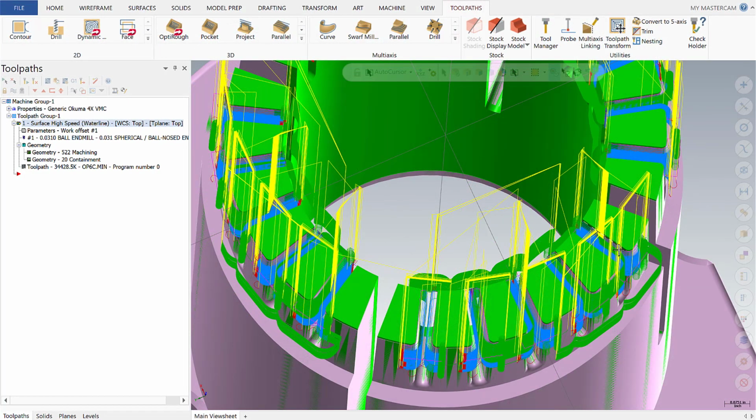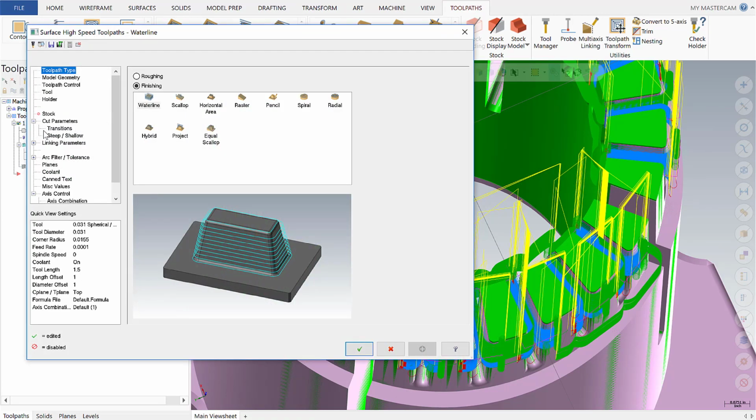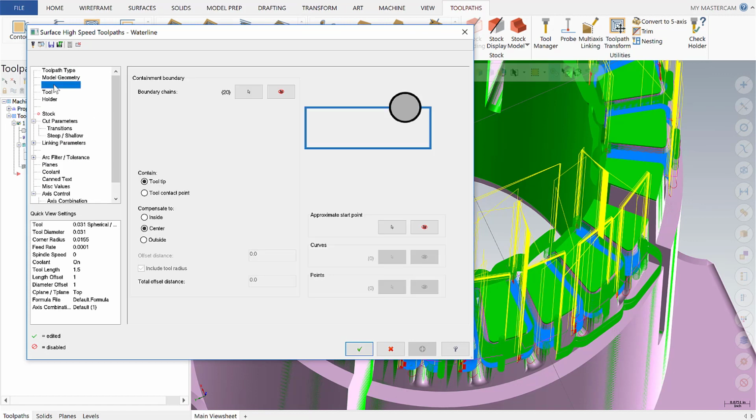Now I want to move forward on the parameter changes that are needed to address the issues the customer was seeing. So I'm going to go here to parameters. The first thing I'm going to drill into is the toolpath control, and I'll notice that the customer has compensation set to center. We want to change that to inside to have the tool stay within that containment boundary and minimize the